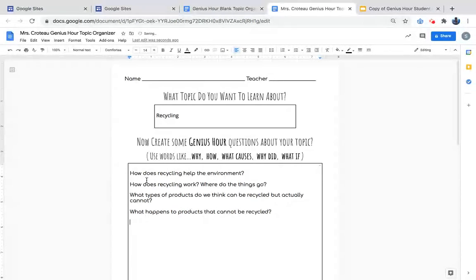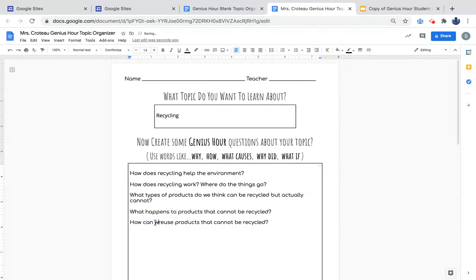Okay. Another part of recycling that's really interesting to me is how we can reuse products that can't be recycled, right? So, I'm going to put that down as my next question. How can we reuse products that cannot be recycled?